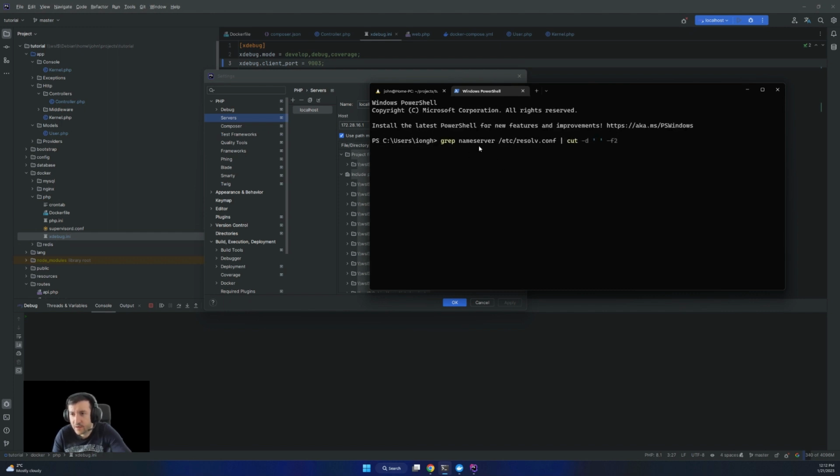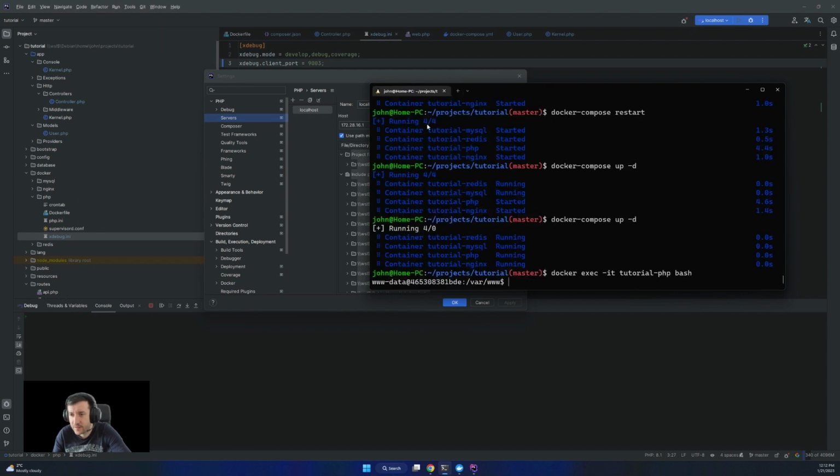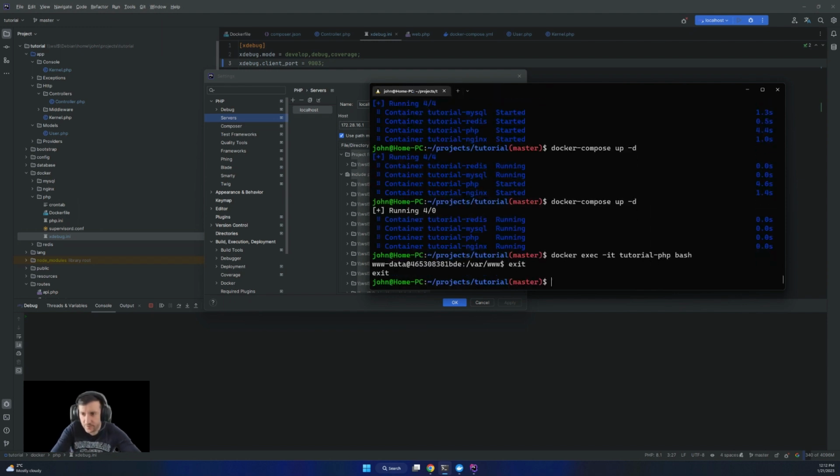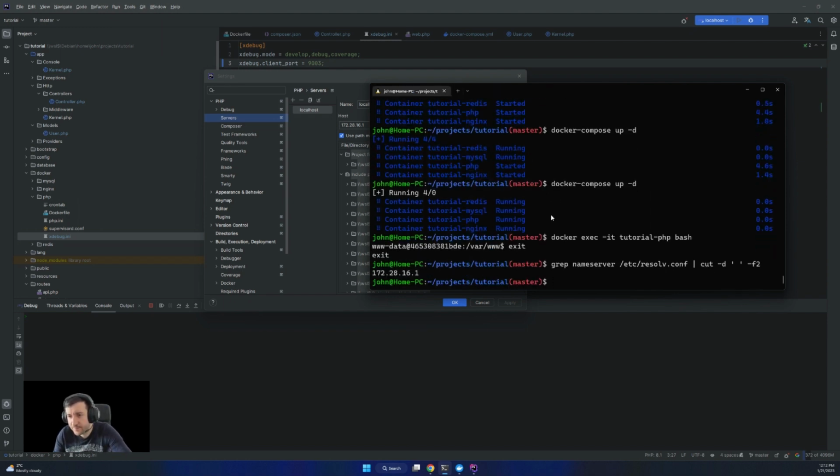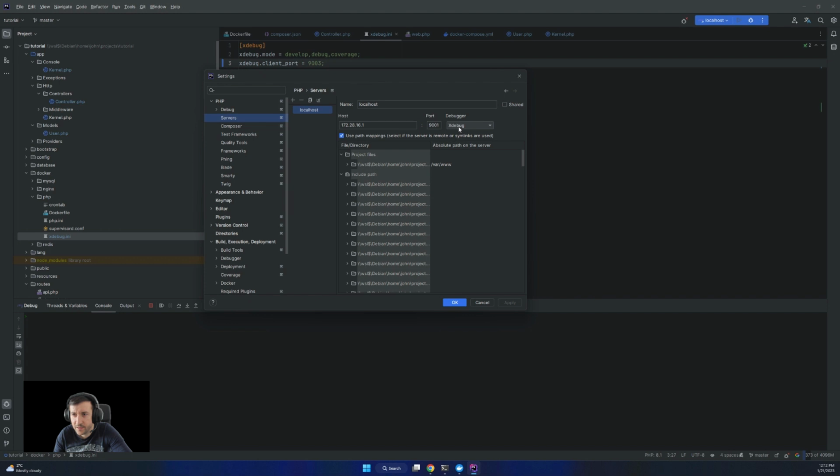So grep nameserver /etc/resolv.conf, oh, not in PowerShell, my bad, in Debian. So in Debian, run this command and it will give you the IP of the Docker host. So you add that IP here, the port is 9001, the one that is exposed, and the debugger is Xdebug.